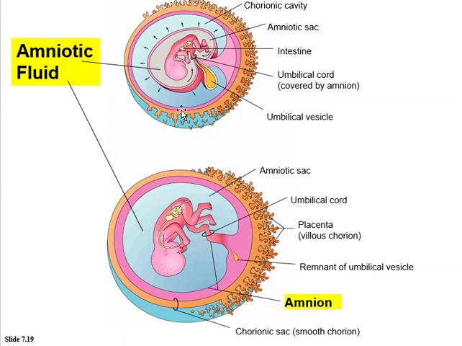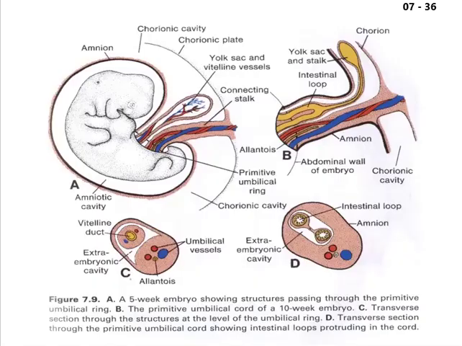Here is the growing amniotic cavity with fluid, and here we have the chorion, and finally the amnion and chorion come into contact together. Regarding the umbilical cord, at the fifth week, this embryo shows structures passing through the primitive umbilical ring